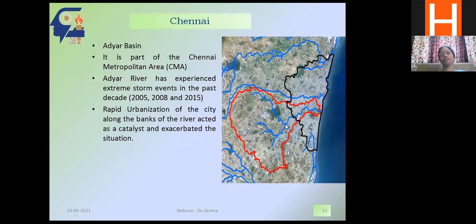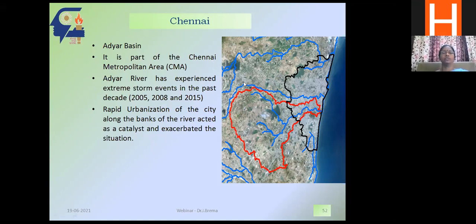This is a study taken in Chennai, the Adayar River. This river flows straight into the corporation itself. In 2005, 2008, and 2015, they faced a lot of problems because of flooding. And again, we all know why there is flooding in an urban place: because of the blocking of sewages, desilting not taking place, and we have encroached on most of the water bodies. We can understand all those things through land use land cover change. Okay, so this is one of the reasons for the flood that happened in Chennai.